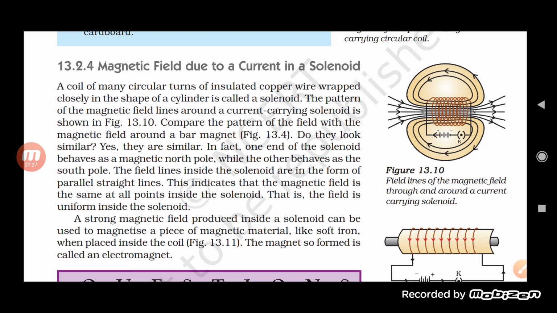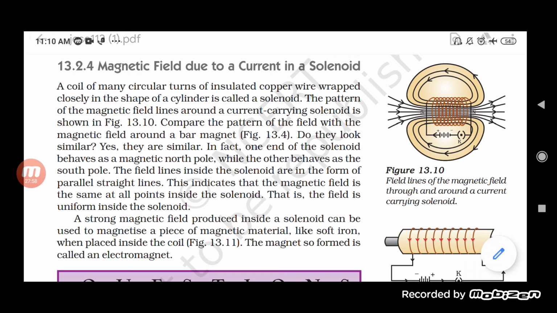So a strong magnetic field is produced inside a solenoid, and that can be used to magnetize a piece of magnetic material like a soft iron core. Basically, it is the soft iron core which is used to convert it into a magnetized material, or an electromagnet. In higher classes, when you study electromagnetism in detail, you will come to know that the electromagnet is formed by keeping the object inside the coil